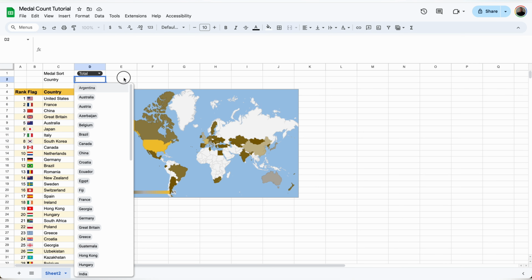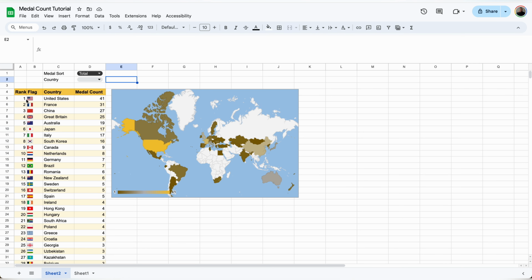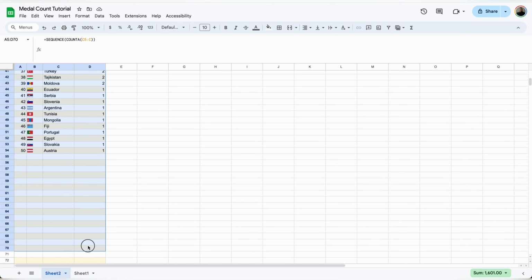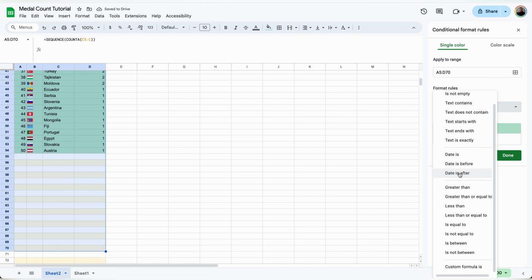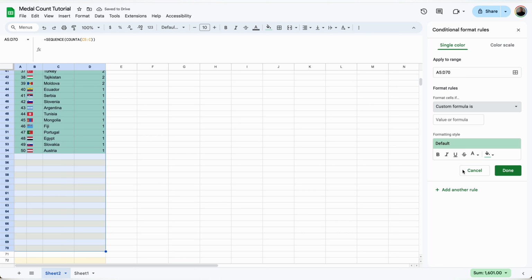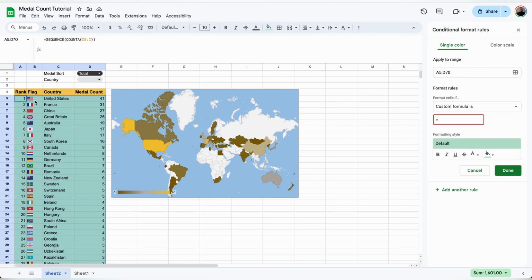So now in our dropdown, we have a list of every single country that has won a medal so far in alphabetical order. Now I'm going to select cells A5 all the way through a little bit past where we have all of our data. Then go to Format, Conditional Formatting. And under the Format Rules dropdown, we'll select Custom Formula Is. And we're going to build a formula related to the first row of the table. So we'll type equals $C5